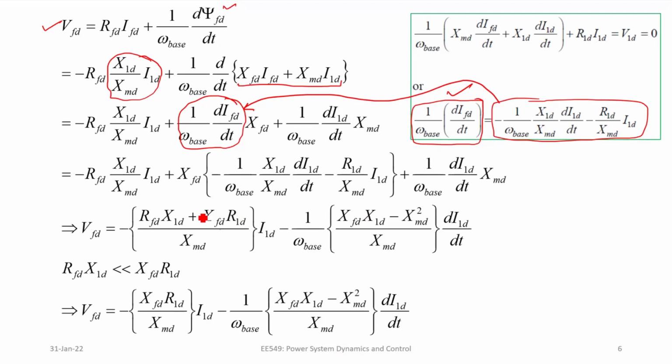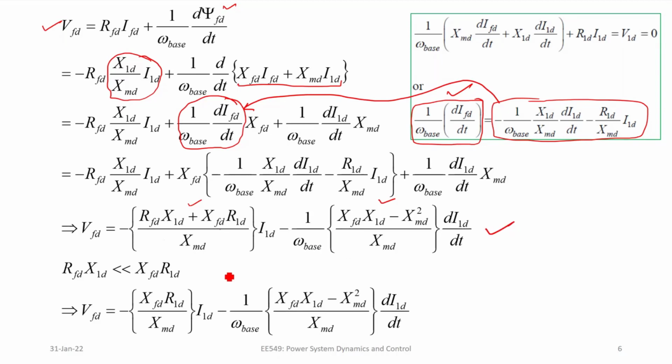So just segregating the algebraic terms separate and the differential terms separate, we'll find this expression, that is VFD will become equal to RFD X1D plus XFD R1D by XMD into I1D minus 1 by omega base XFD X1D minus XMD square by XMD into d by dt of I1D. Now we can see VFD is expressed completely in terms of